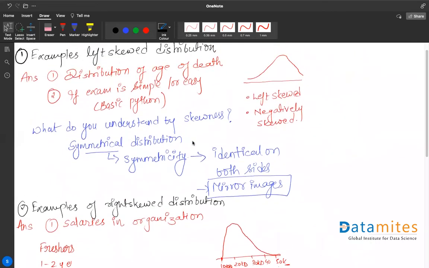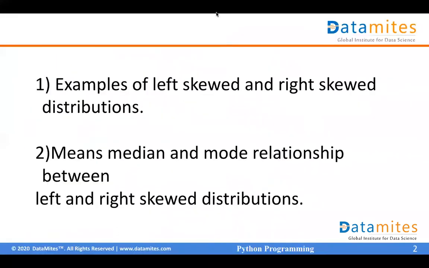So if you recall your statistics lecture, right? There we discussed how skewness comes into the picture, right? And what are the ways to handle it, right? But yes, this particular question was asked, so I thought of discussing this with you. Okay, all right. Clear? Anyone having any question? Okay, so let's move ahead to the next question.